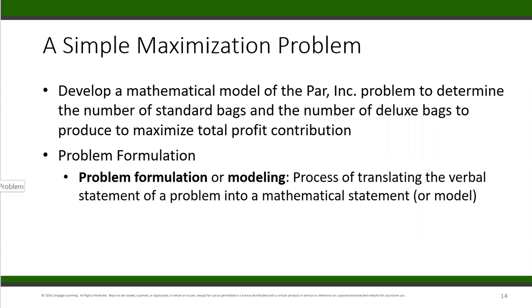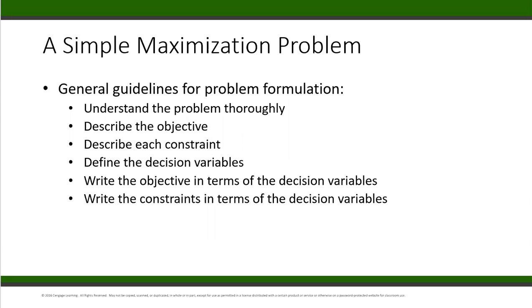Going back here and continuing with our problem. So, general guidelines for problem formulation. The first step is really to understand the verbal statement. Understand exactly what it is that you want to decide about, what you want to maximize or minimize, and what your considerations and constraints are that may change your decision, or make your decision feasible or infeasible. Then describe the objective, describe the constraints, define the decision variables, and then start writing the objective